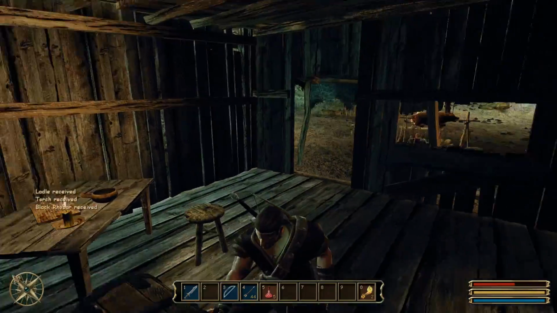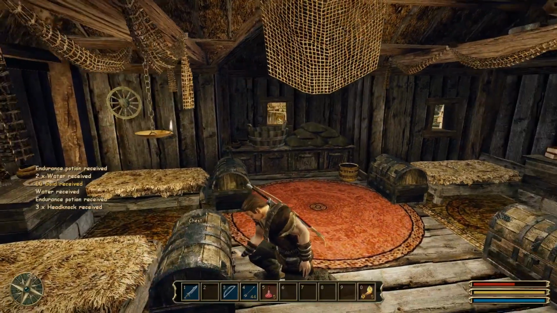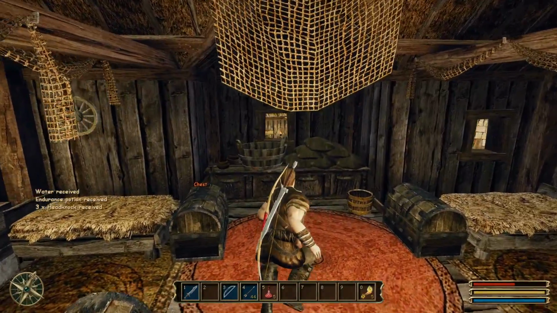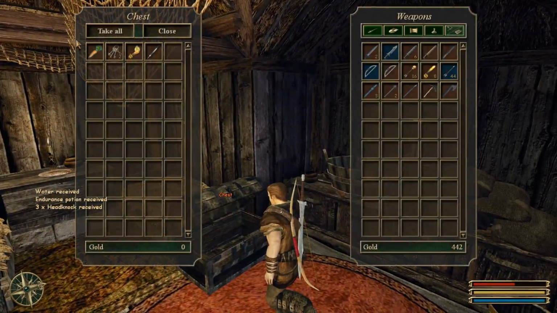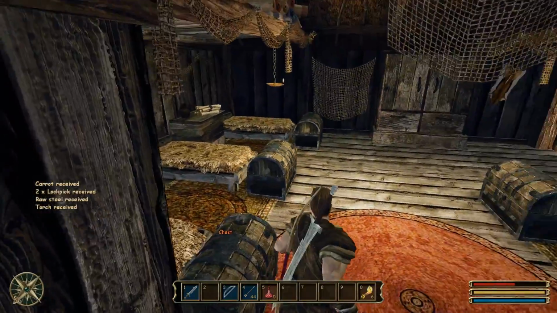Gothic 3, for example, had an interesting idea of dealing with theft. Even if no one saw you steal something in a city, there is an invisible meter that fills up as you steal items. I don't remember how exactly it works, but if you're stealing stuff like crazy, the next time you walk by a guard...